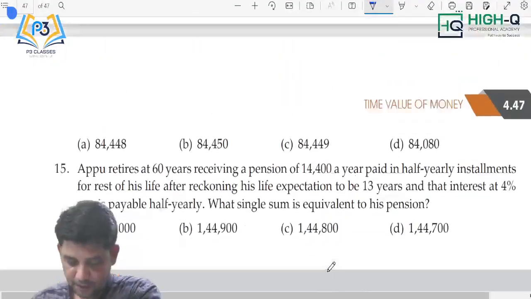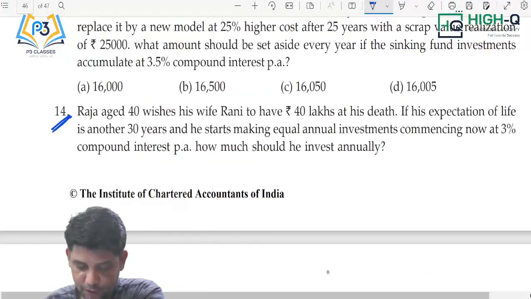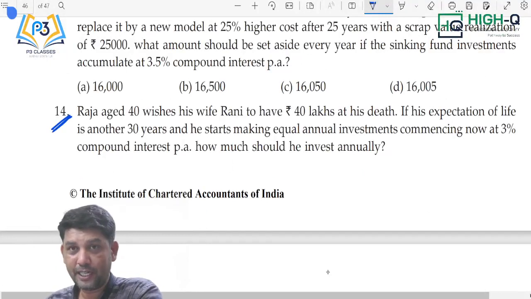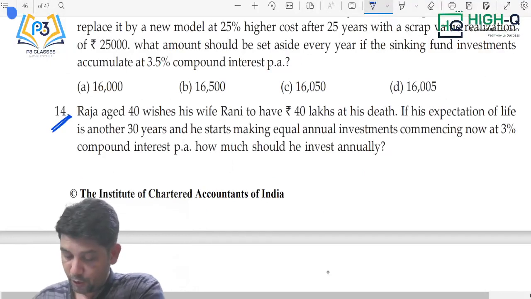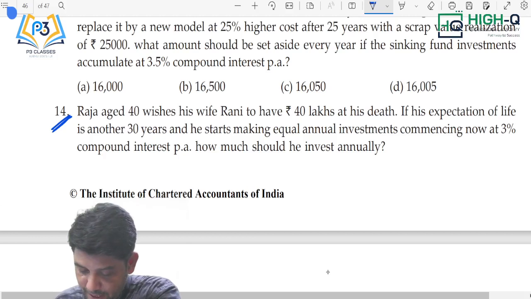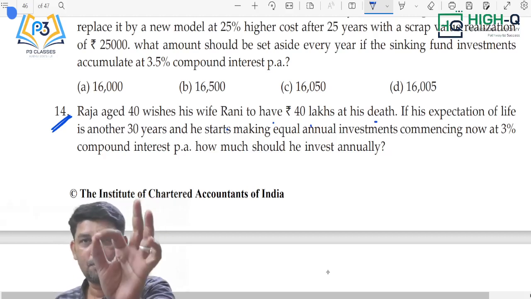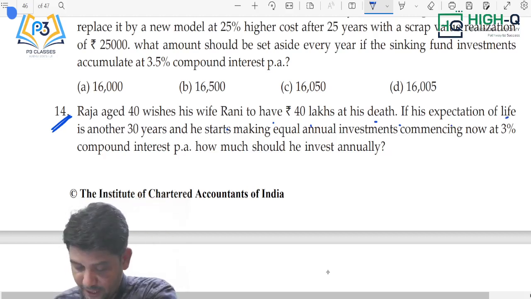Next step. I would like to talk about this sum because this question was asked in the examination once. See, because the institute material answer is wrong. Why? I'll tell you. Raja, aged 40, wishes Rani to have 40 lakhs at his death. That means it's a problem based on investment. If his expected life is another 30 years, he starts making equal annual investment, here it is mentioned,